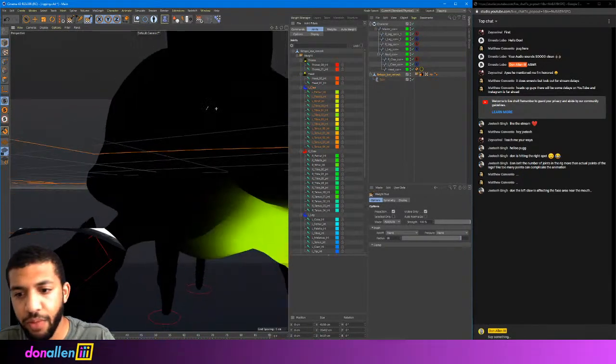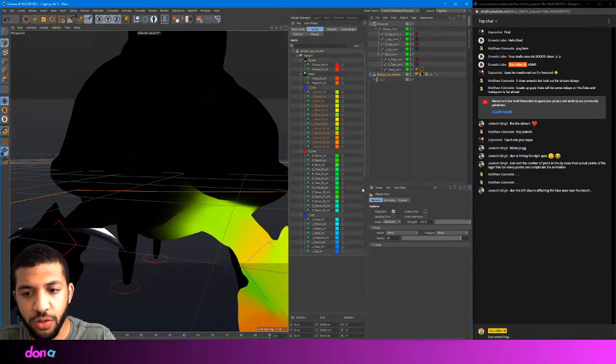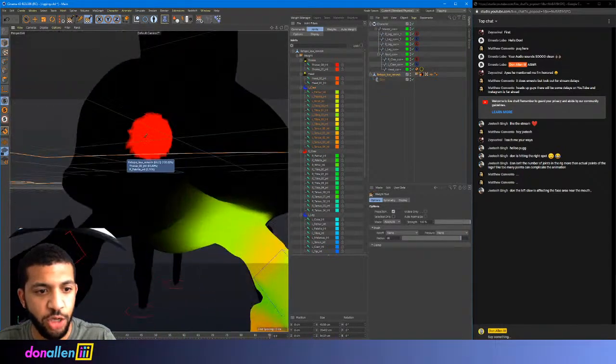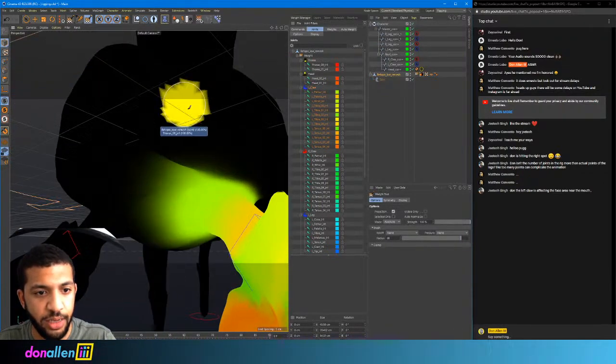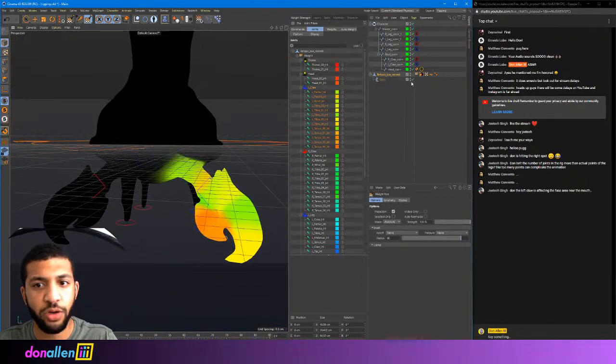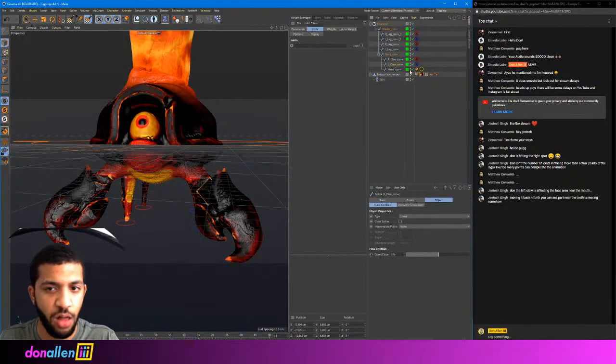I don't want any paint in there. We'll turn this to mark all points, not even the ones that are visible. So there's a lot of hidden geometry in here that I think was getting accidentally painted. So I'm just making sure it's all being erased. All right, so if all of that worked correctly, we should now be able to grab our left claw